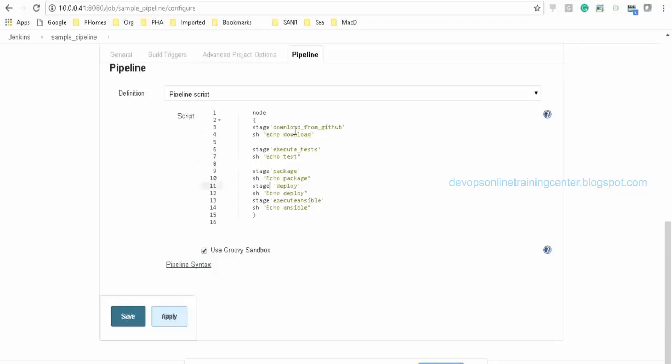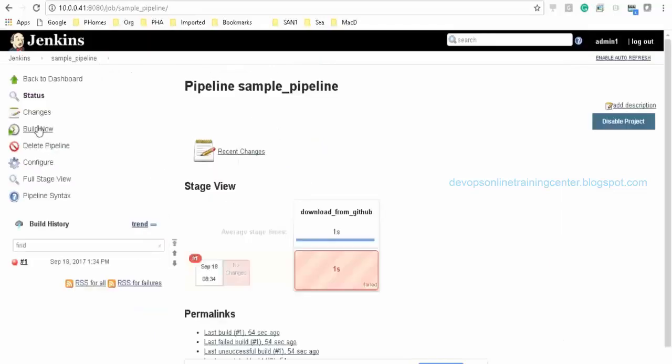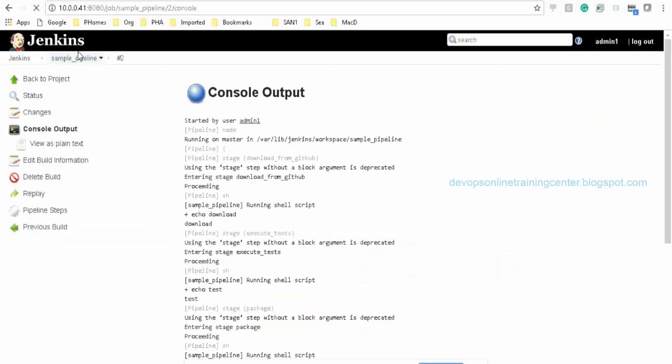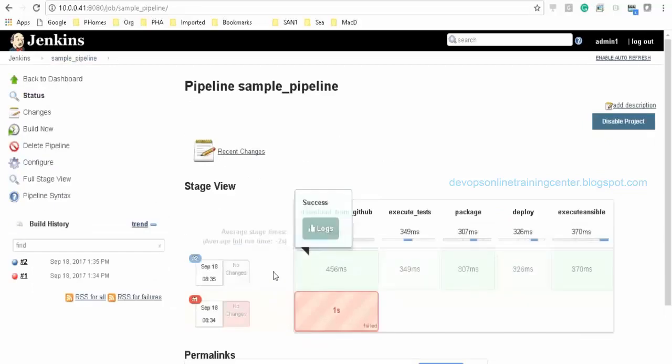So whatever we have done so far in freestyle, we are doing in pipeline, but in a more programmatic way, like maintaining my infrastructure as code, right? If you see the pipeline, this shows green indicating that it is successful. Download from GitHub took 962 milliseconds, then execute test, package, deploy and execute Ansible, right? So this will show the stages.